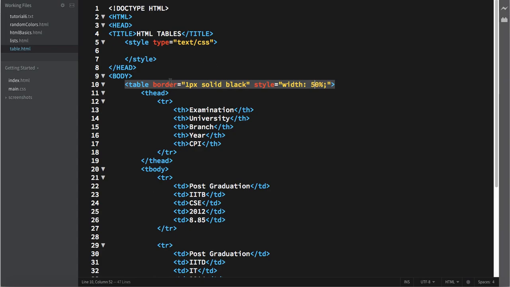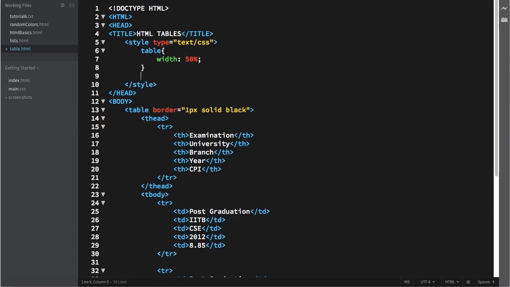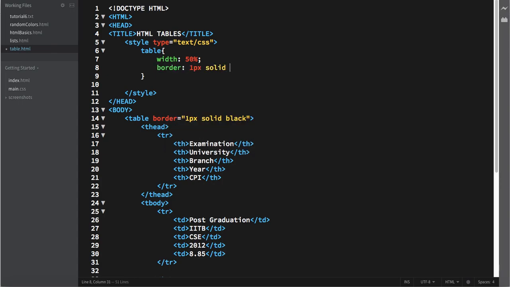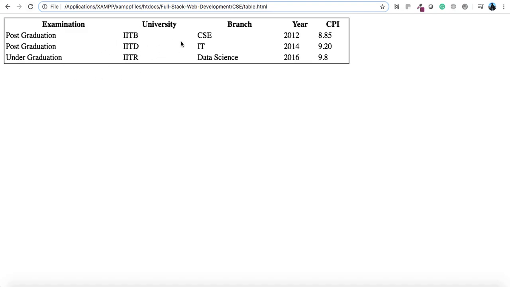One more thing you can do, you can do this styling using this. This is inline CSS, so I don't want this. This is better, so I will remove it from here. And for the border, what I can do, I can take this border from here, 1 pixel solid black, and remove it from here. Now let's see what is the difference. Is it the same or is some difference there? So here is the difference.